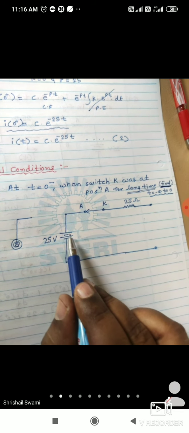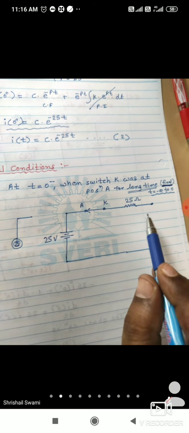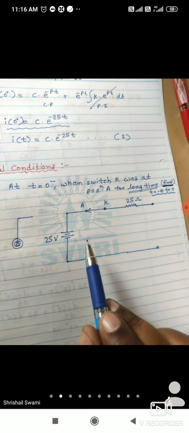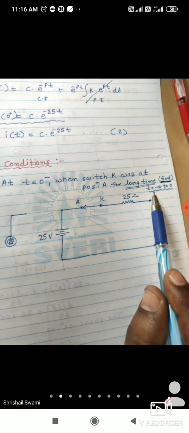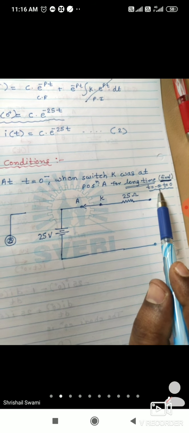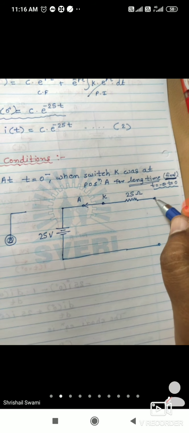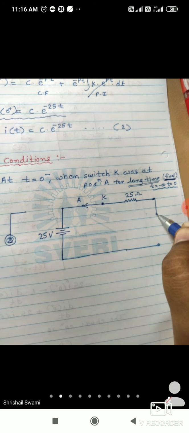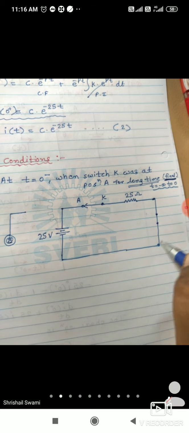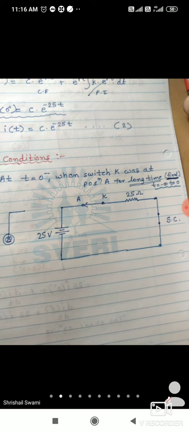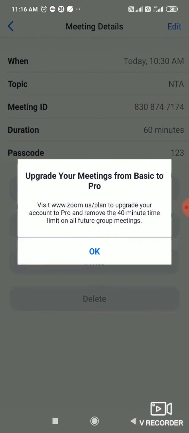If here no source is there, current is 0, then you can use current value 0. If source is present, then some value of current is present and that value will remain for time t equal to minus infinity to 0. So consider it as a final condition. So it shows that the inductor acts as a short circuit. If inductor acts as a short circuit,